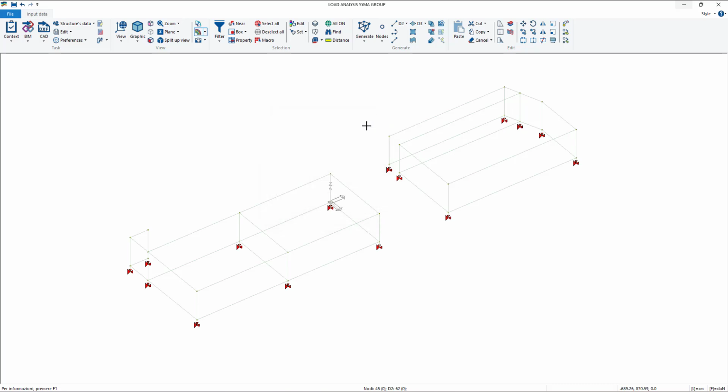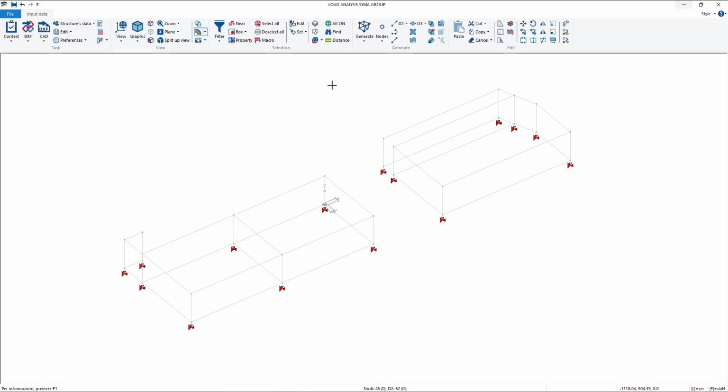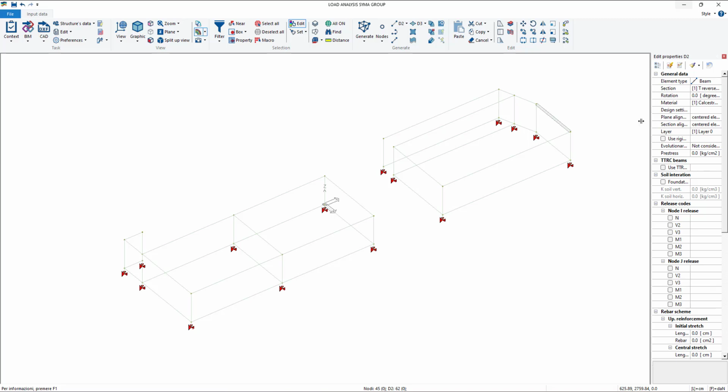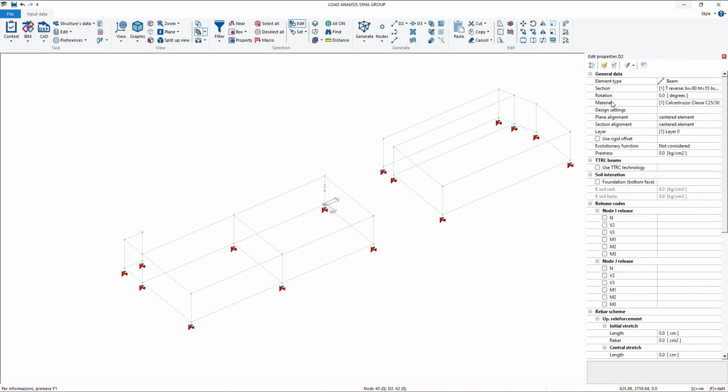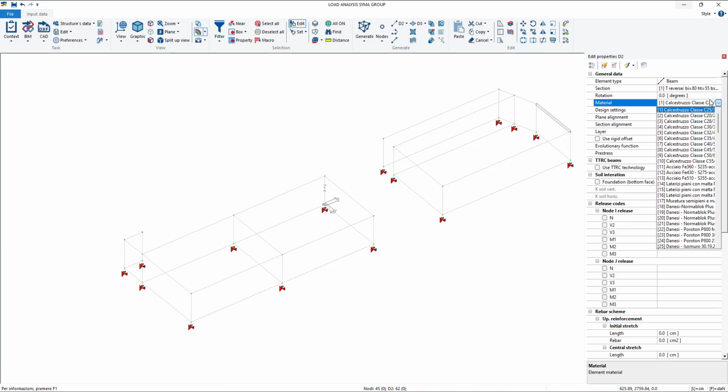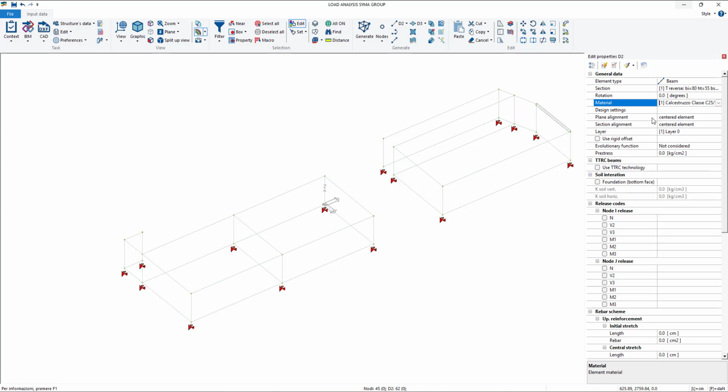So first of all, in order to assign the material, we need to go edit, so the command to open the properties of the element, click on an element, and then on the material property select the one that we want. So let's say the first one is okay. As I said in the previous lesson, once that we have our property set, we need to click on this. Okay, just activate also instant apply.